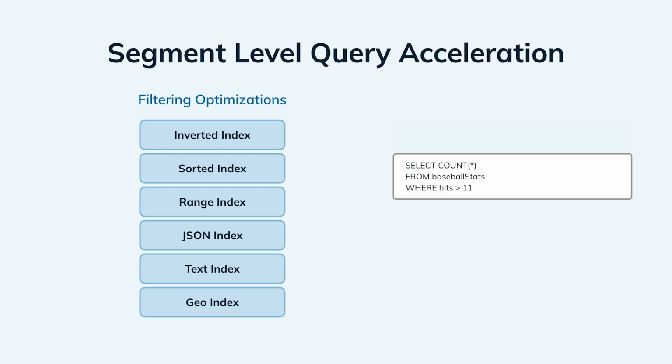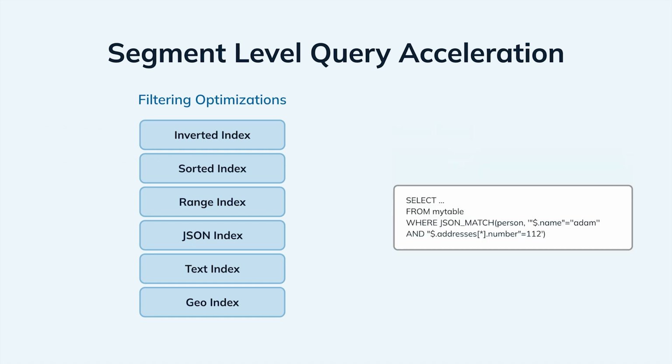If you have a range query, so if you have where hits is greater than 11, something like that, you can use a range index in that case. For semi-structured data, you could actually configure a JSON index. So imagine one of your columns is actually just JSON data. You can configure a JSON index on it and do JSON match queries, which will be much faster than